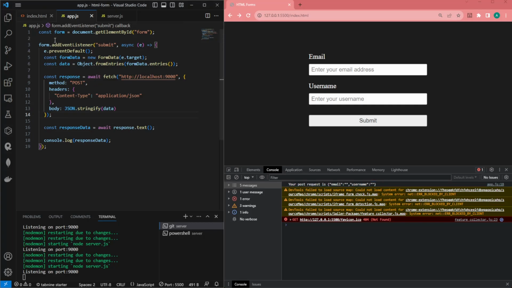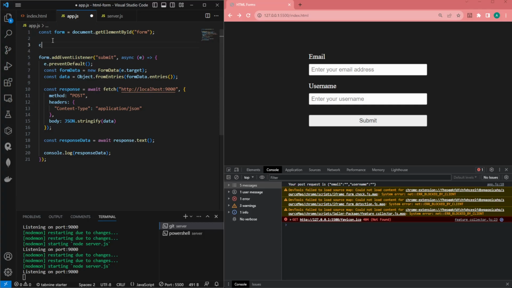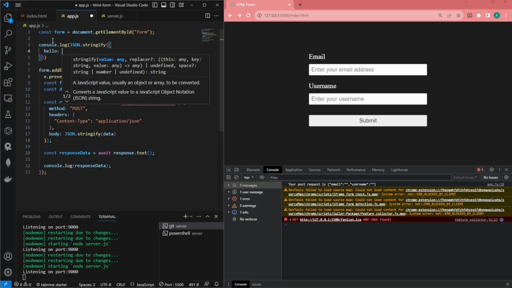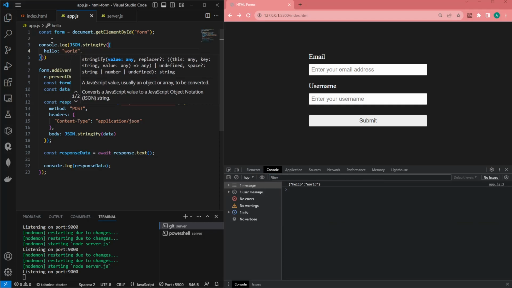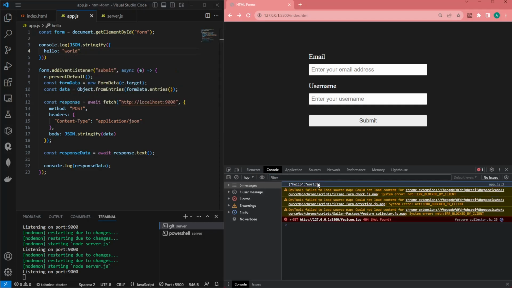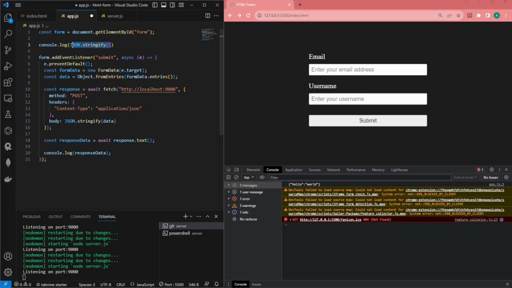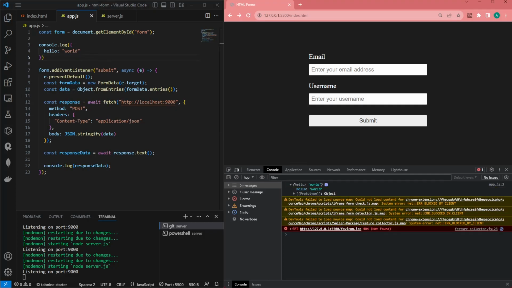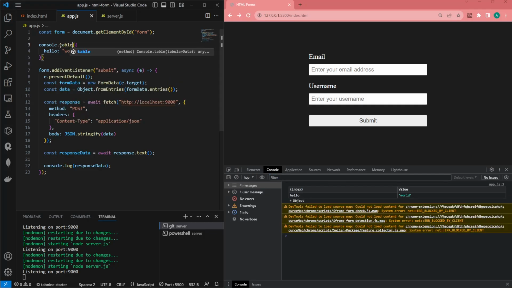Okay, so let's actually try to console log a stringified object. So let's just try using that stringify. Oh, there we go. Then say hello world. So this will look like a string. There we go. This is a string. But if I console log this object just the way it is, then we will get something like this, as you can see. And we can also say console.table, and this will look like a table. But if I stringify this,